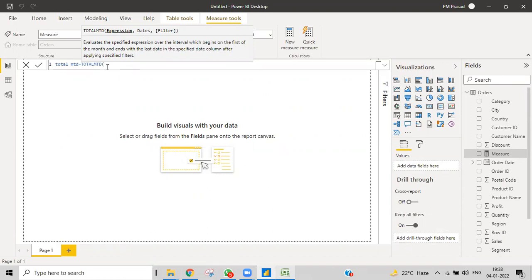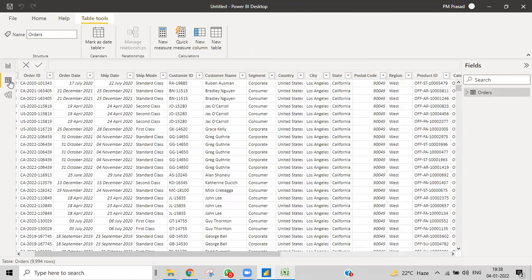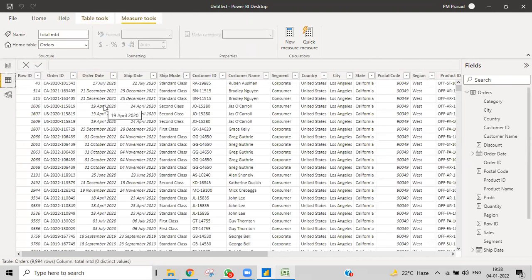Before that, I want to create a date dimension so that I can link it. Let me tell you about the order dates that I have. You can see the order dates are not in a particular order, and there are a lot of gaps.